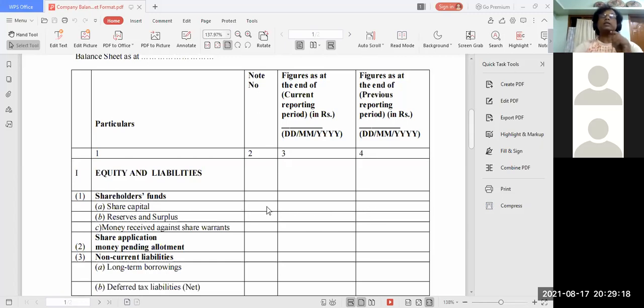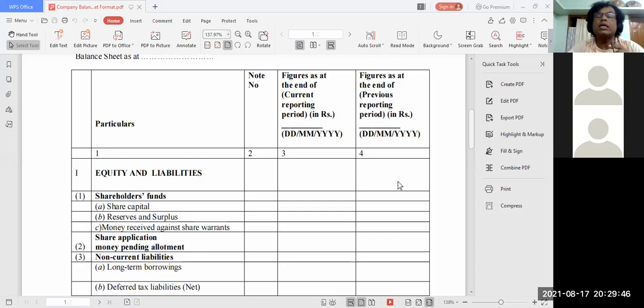And that working, you give working note 1, working note 2, 3, 4, 5. No, you give the number of workings. So that working note number will be coming here. So share capital you calculate in the working, and suppose working note number 1, put right here 1 and write here the figure. If the previous year figure is given also, you write here. If previous year figure is not given, you do only one column and just show it.